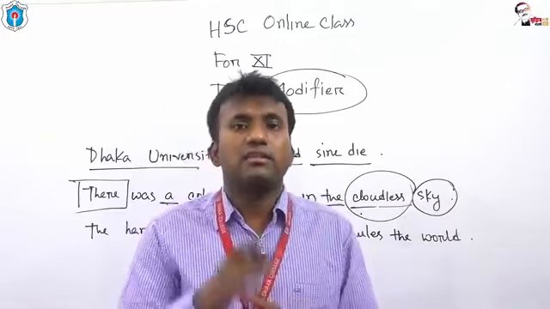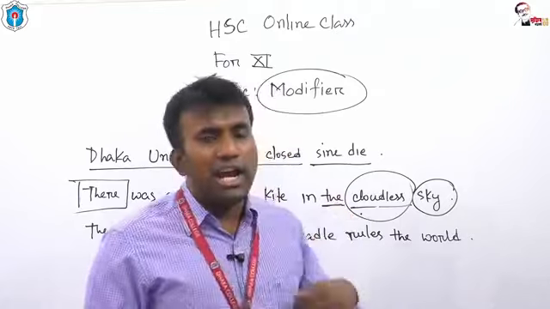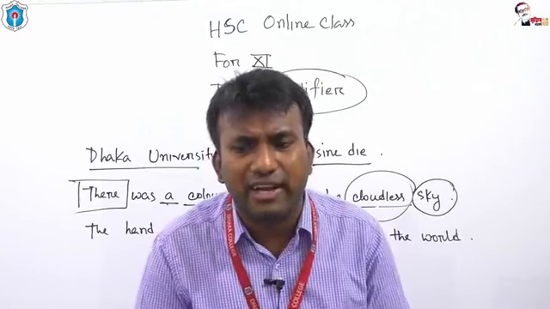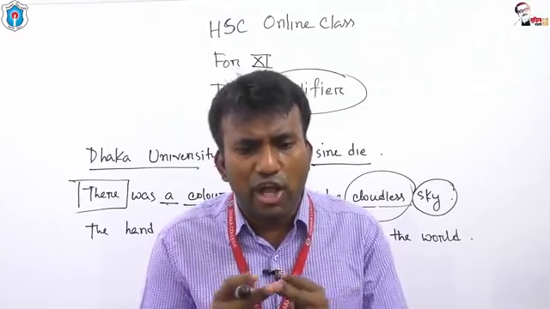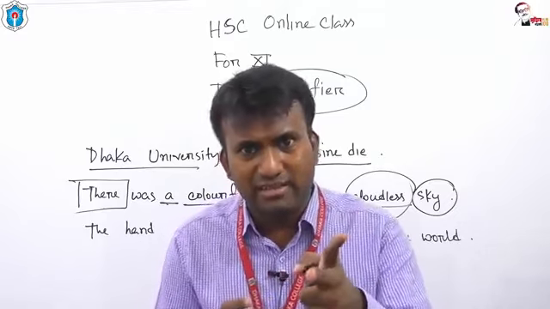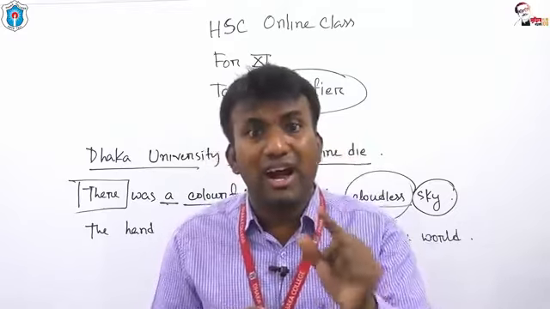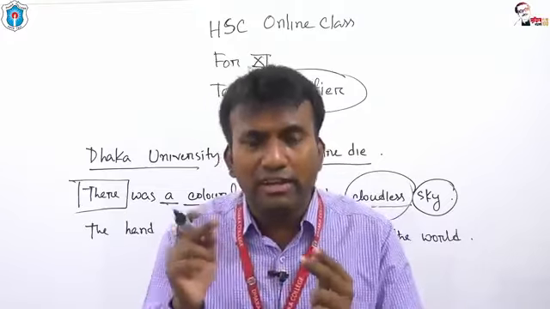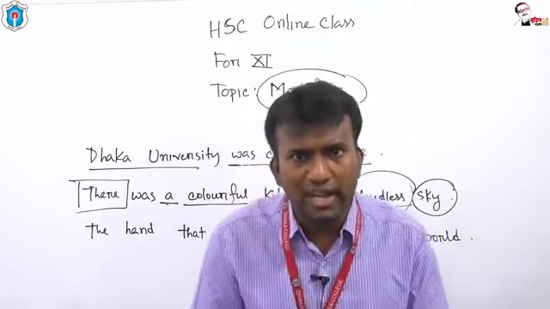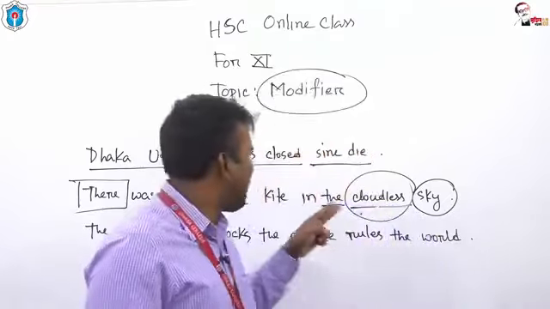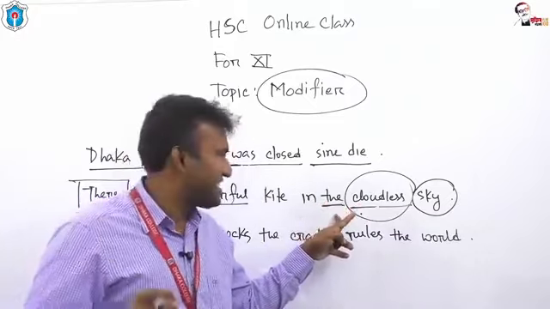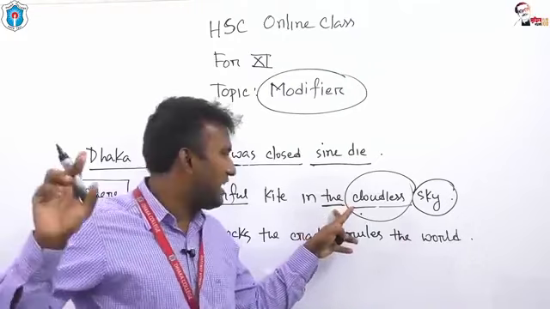Dear students, the is an article. Articles are usually called determiners. Definitely you will get a noun after a determiner, because a determiner always qualifies a noun. Actually this the is called an article, but in other words I can say the